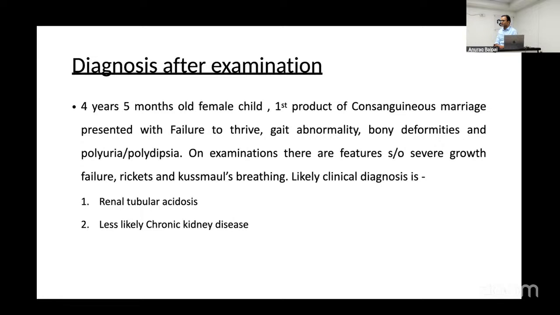So how will you work up now in this? Sir, first we will go for the basic lab investigation. Yes, we'll go for the hemogram. Would you do a radiology? X-rays must. So you have to first confirm, because